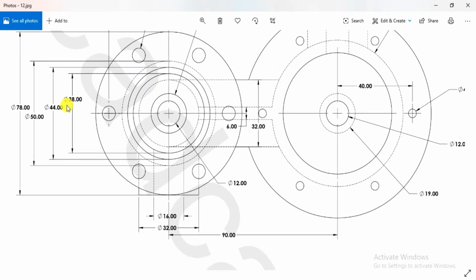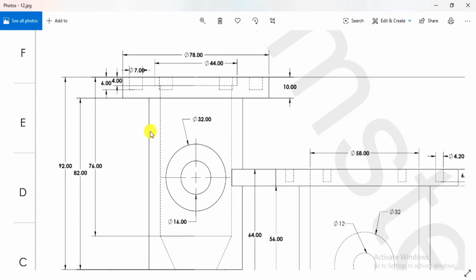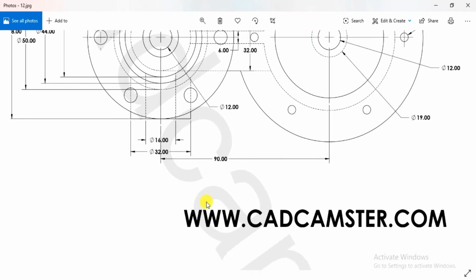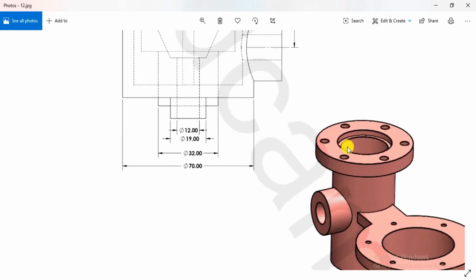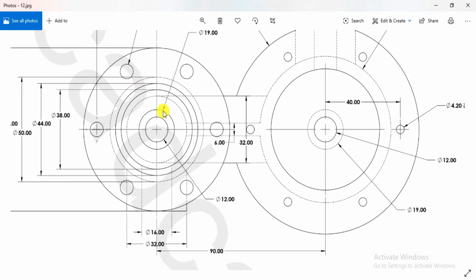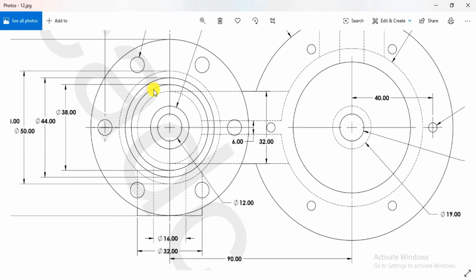So here this 50 mm dia is actually the dia of this boss base from here to here, because it is not visible from the top view due to these cutouts. That's why it is shown with the help of hidden lines.